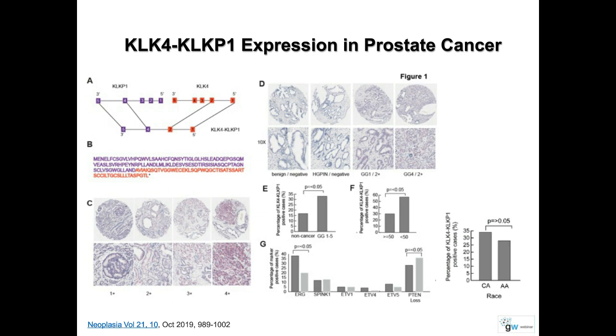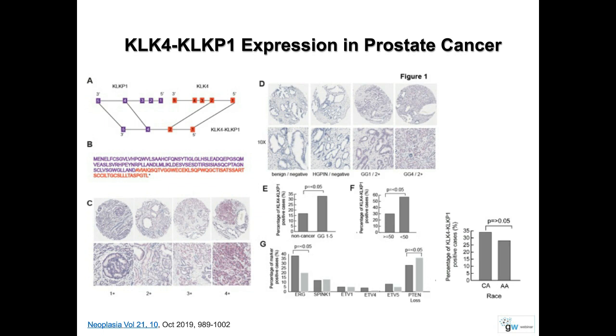How the RNAscope technology works, the technical aspects, will be described by Anushka Dixit in the next presentation. After my presentation, she will explain how the probes are designed, how the specificity is ensured, and more details. Using this RNAscope probe, we were able to screen more than about 650 samples on a tissue microarray, and we clearly show that the expression is only in the prostate cancer tissue, as shown in D of figure 1.